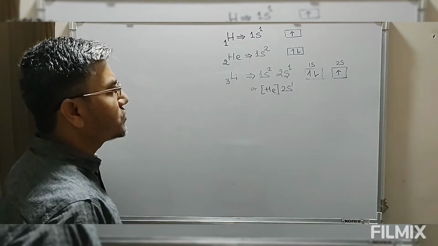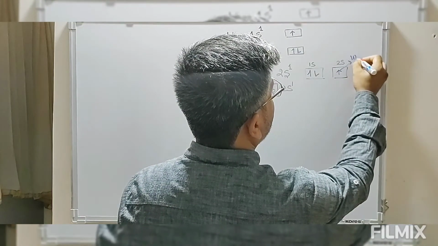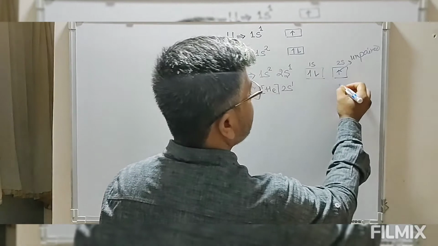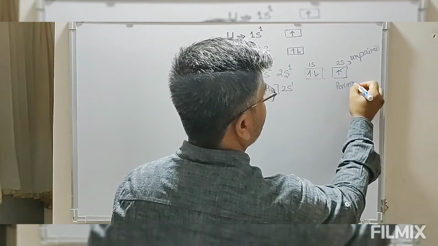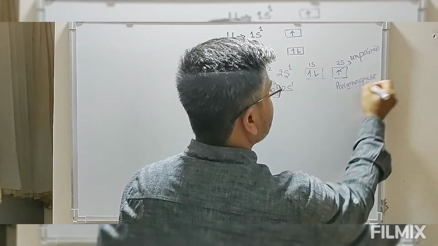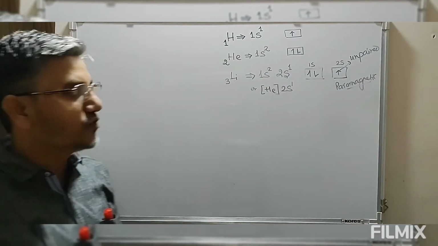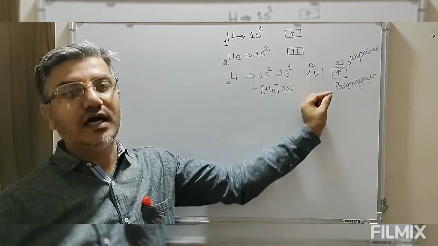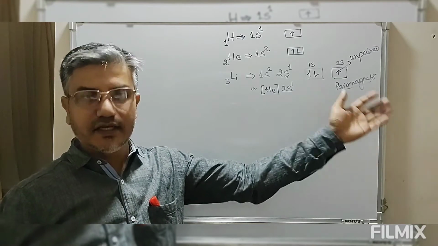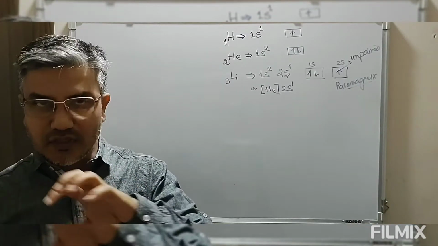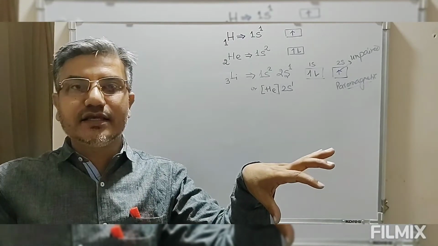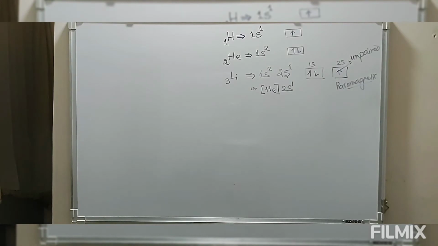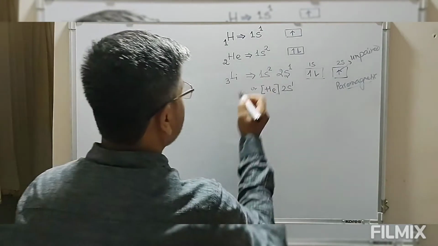So due to the presence of this unpaired electron, any species containing unpaired electrons is known as paramagnetic. If I ask which particular configuration will be paramagnetic, then we have to see the electronic configuration, the one containing unpaired electrons. If there are no unpaired electrons, then the substance will be repelled by the external magnetic field, and that is known as diamagnetic. So this is the configuration of lithium. Now let's look at